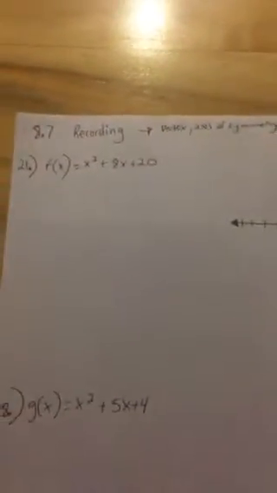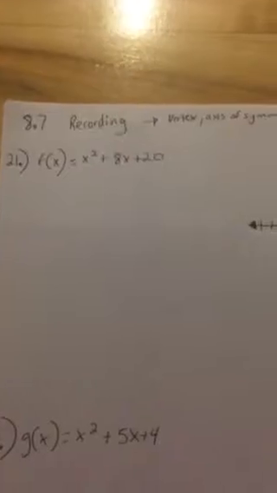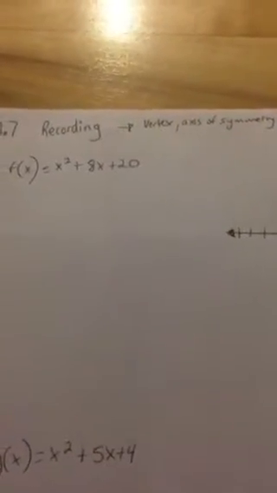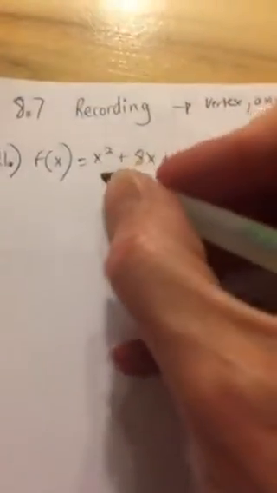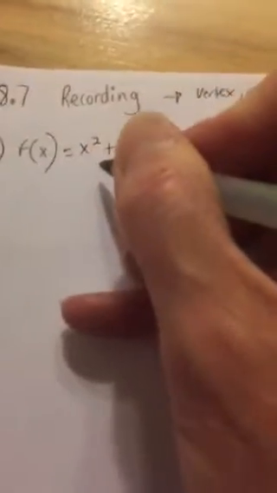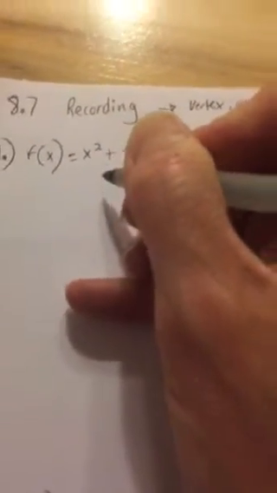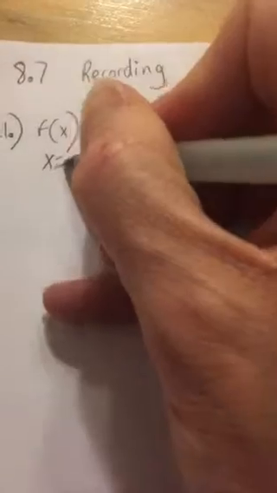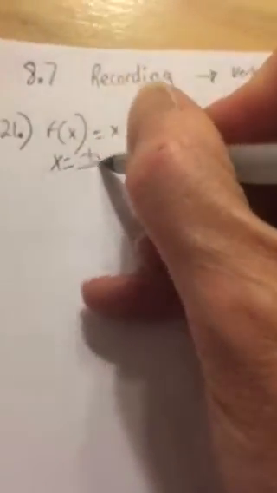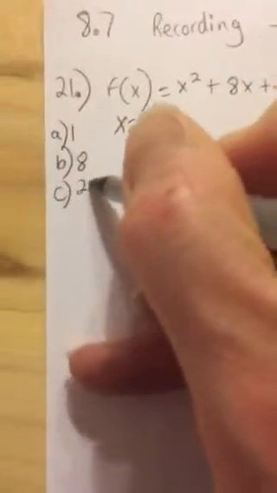Okay, 8.7 is not the opposite of 8.6, but in these problems, basically it's not in vertex form. So in order to find the vertex, you have to find x. And in order to find x, you have to use the formula of x equals negative b over 2a. So if I make a little list over here, a is 1, b is 8, c is 20, and then